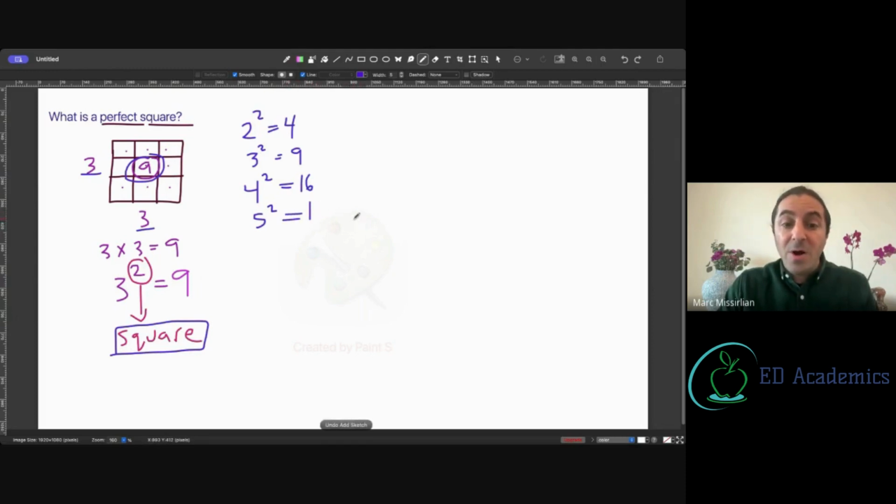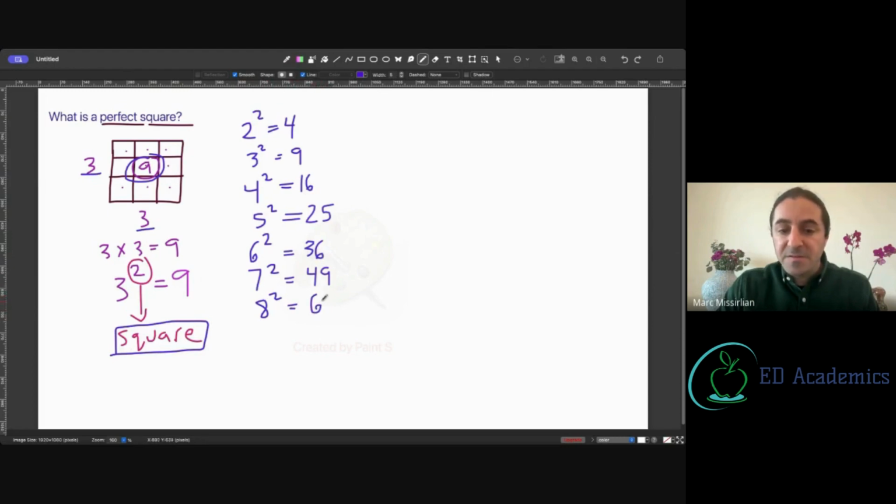It's 25. 6 squared, 6 to the second power, 6 raised to the exponent of 2, is 36. 7 squared, 49. 8 squared,